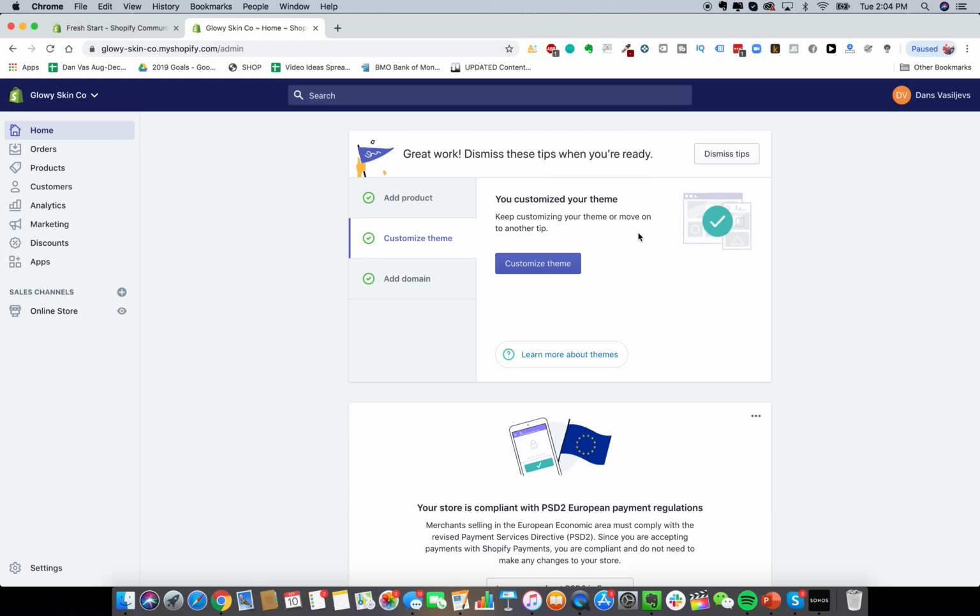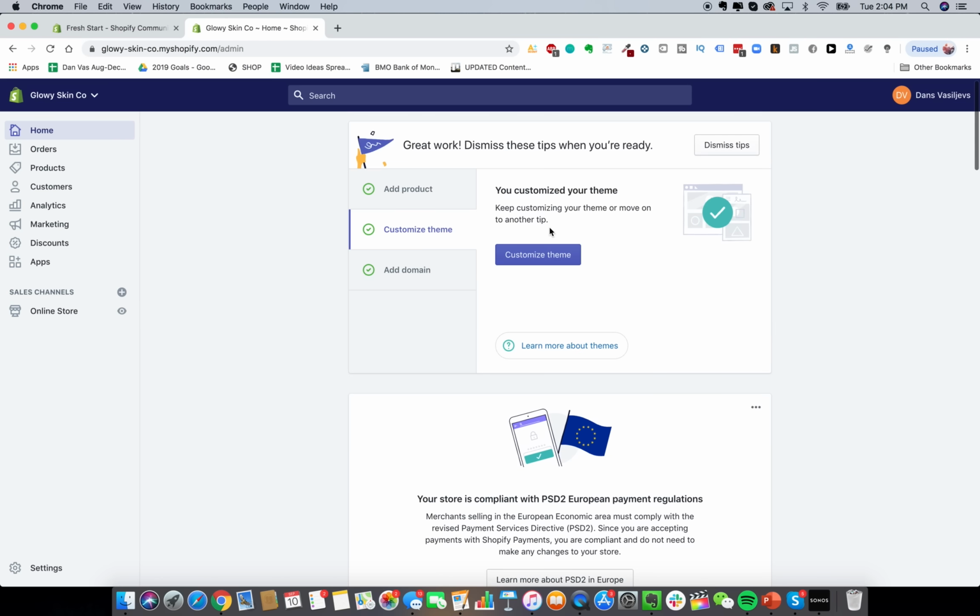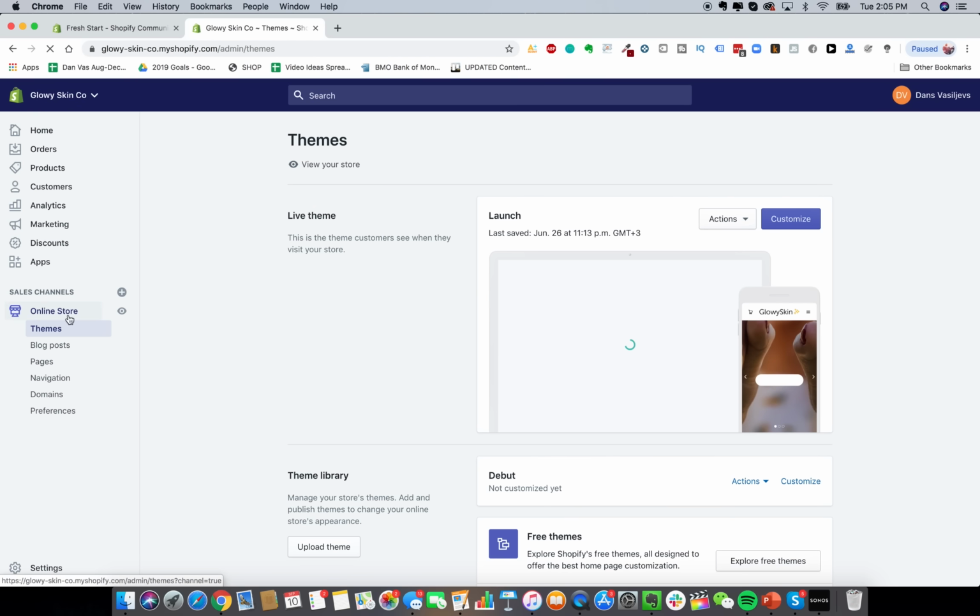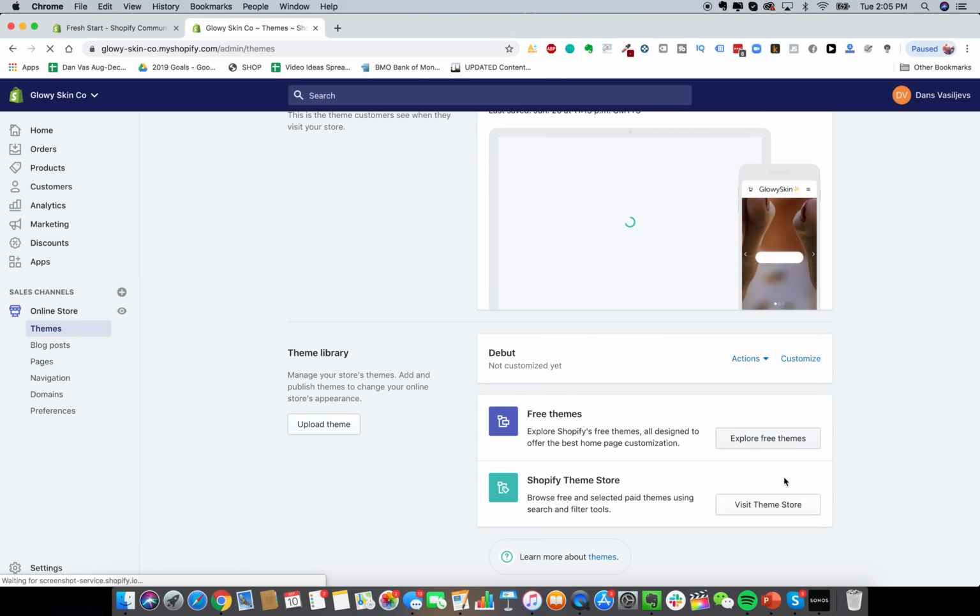I've personally used free themes and I've made millions of dollars with just free themes. So it's not like you absolutely need a paid theme. It all depends on what kind of look you want for your store. And if you really want to kind of go away from the generic Shopify look, then I recommend doing a paid theme. They're not even that expensive. I'll show you some great ones that I found that I personally use, and they're about $100 to $200 that you pay once. So now click on Online Store and then Themes,